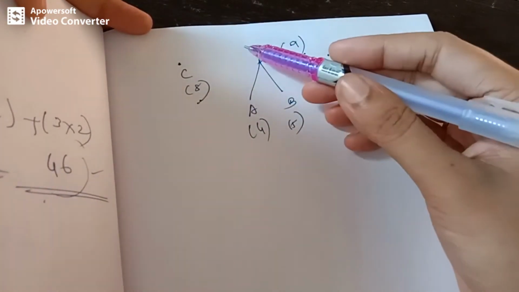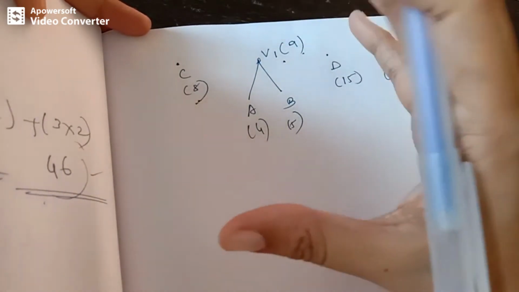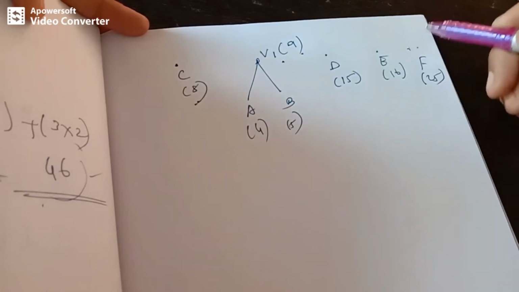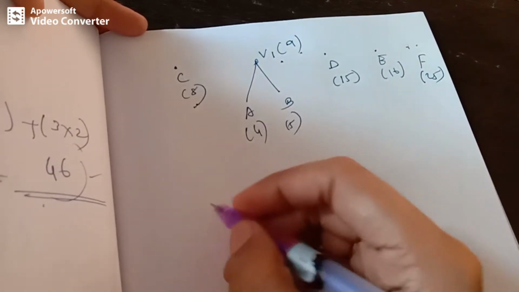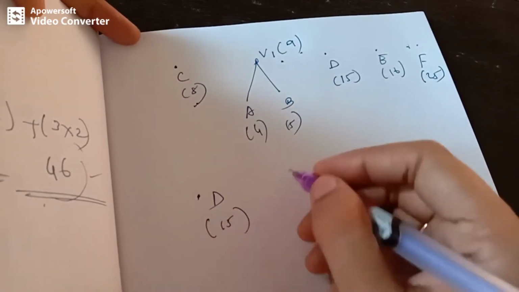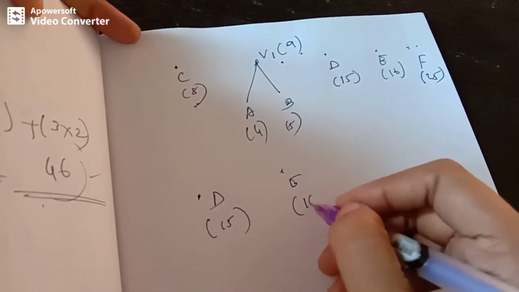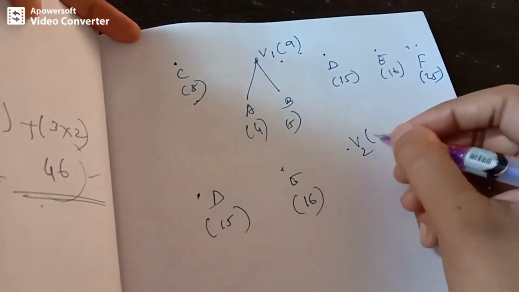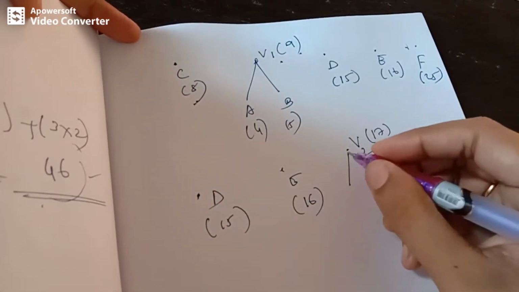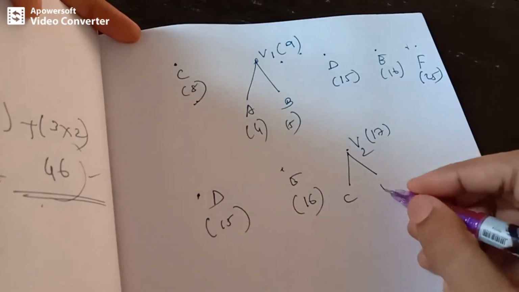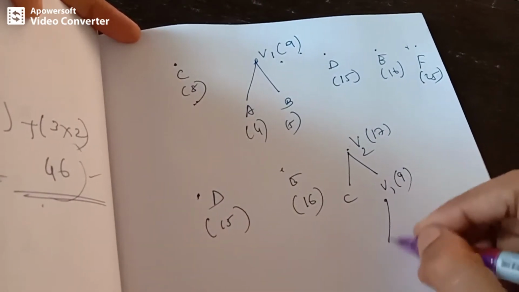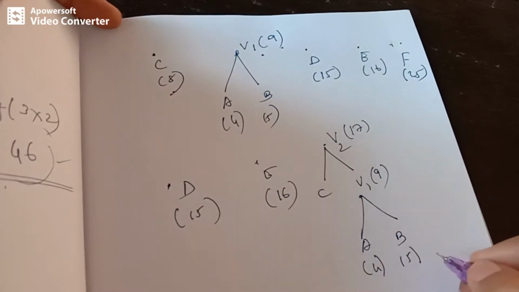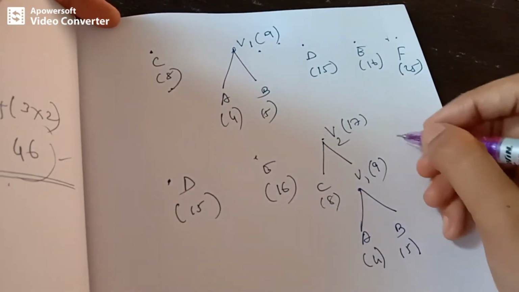And what will be the sum? The sum will be 17. So I am going to place that entire tree with its root and children here in this position, 17. That means you arrange them and then place it. So the arrangement looks like this. You will have another vertex V2, which has the sum of these weights, which is 17, and its children will be C and vertex V1, which has 9, and then write the remaining tree as it is. Okay, this sum is 8.